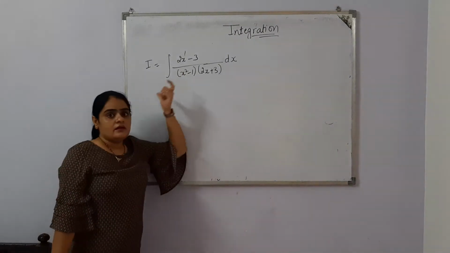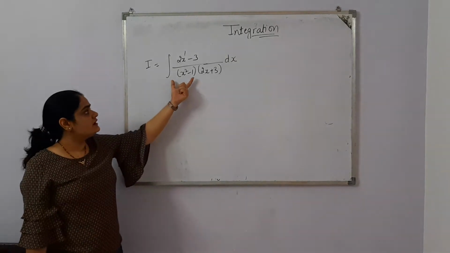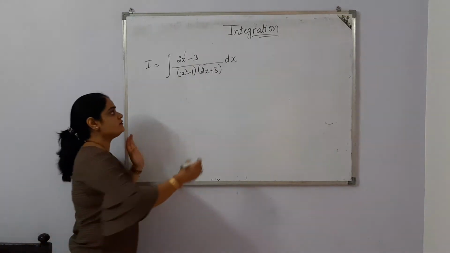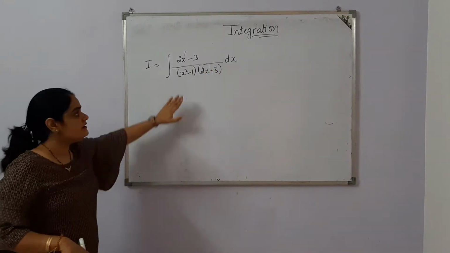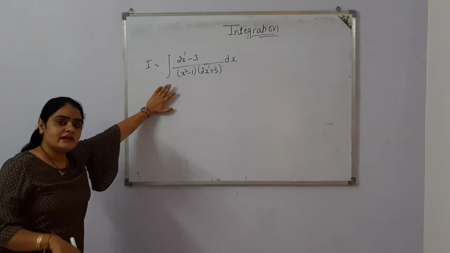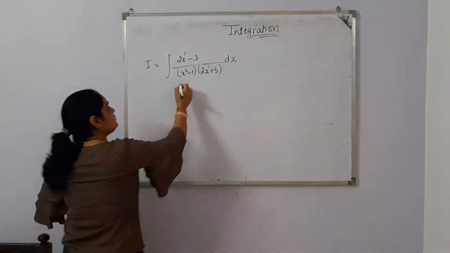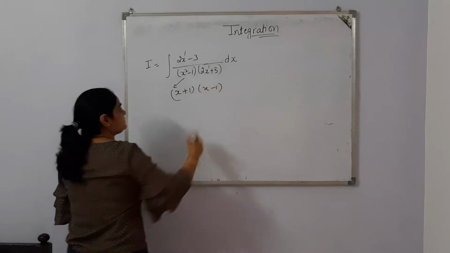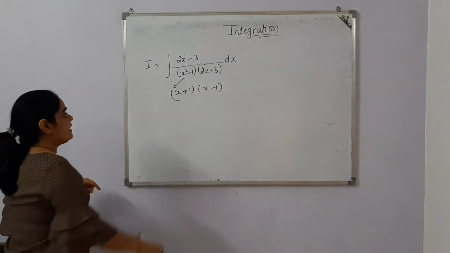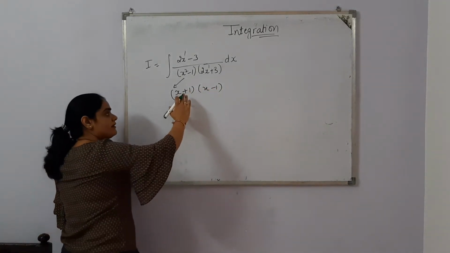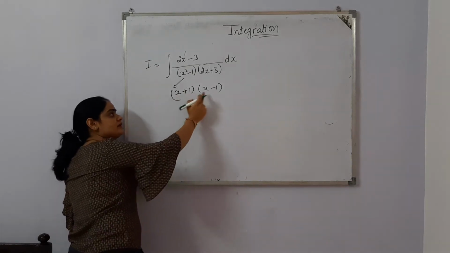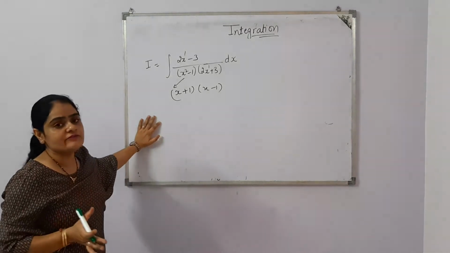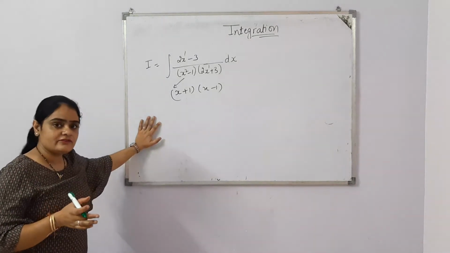But before doing partial fractions, you are watching that this is not a linear factor because its power is 2. This is a linear factor because in 2x plus 3, the x power is 1. But here the x power is 2. First of all, can we make it a linear factor? Of course, we can apply the formula a plus b and a minus b. After applying the formula, we'll get x plus 1, x minus 1 and 2x plus 3. All are linear factors and all are different. So we can apply partial fractions then.